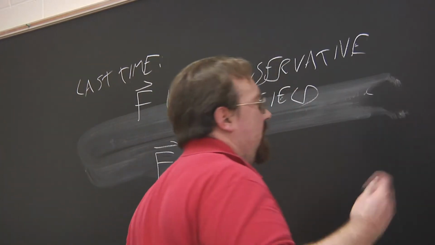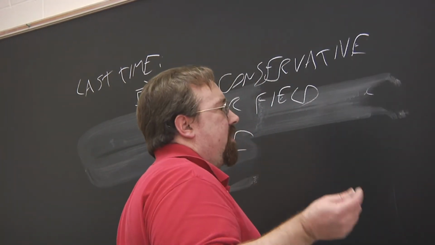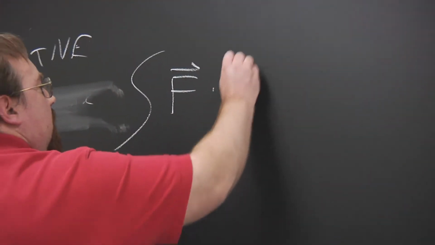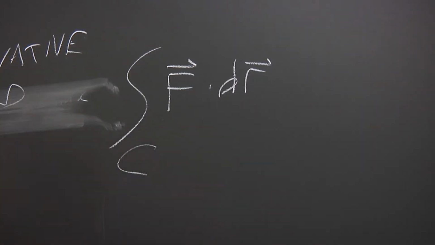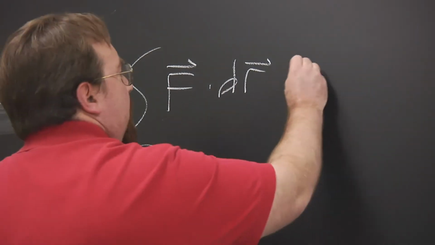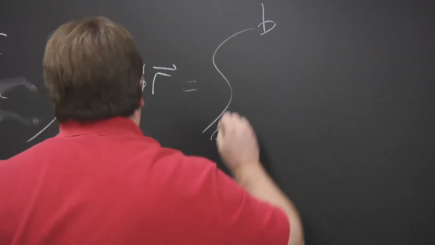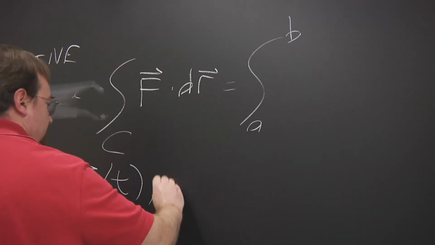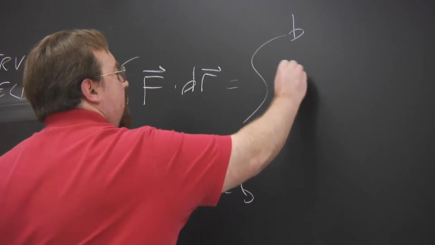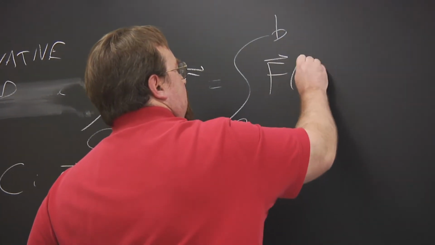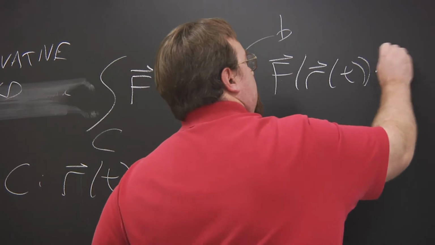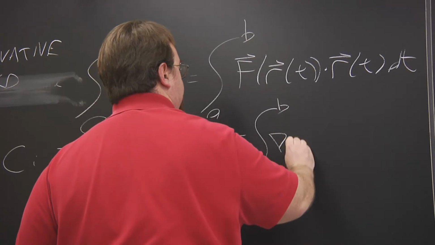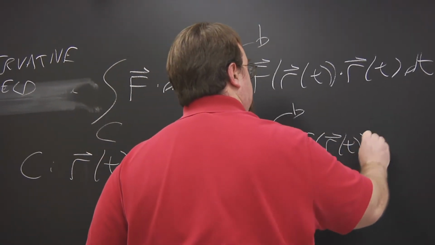So what we covered at the end of last time was this: the line integral of such a vector field over a curve C, where C is parameterized by the function r of t, with t going from a to b. We write everything in terms of t, but that is the gradient of f dotted with r prime,